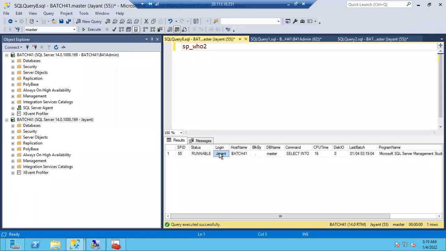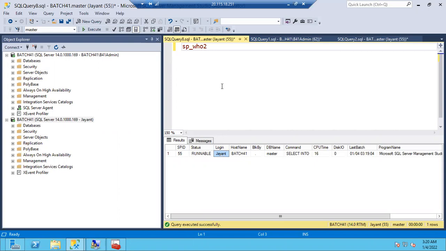jnth is the login. That means jnth doesn't have permissions to see others' processes. When will he get the permission? In two cases he can get the permission. What are those two cases? System admin. Very good, excellent, super. In what other case? Process we can give role. Very good, process admin. If jnth is process admin, he can see other processes also.